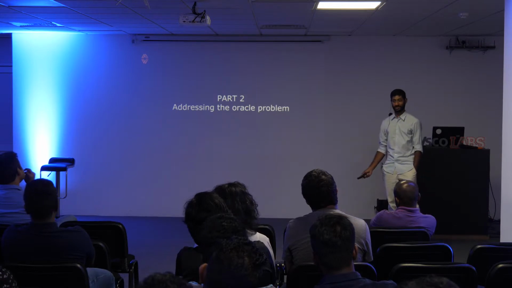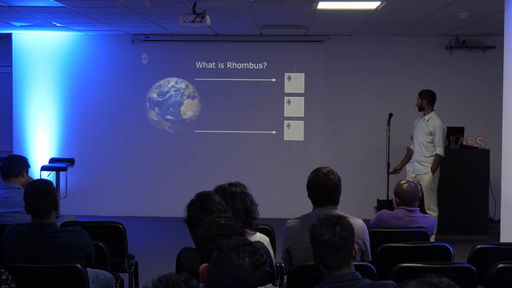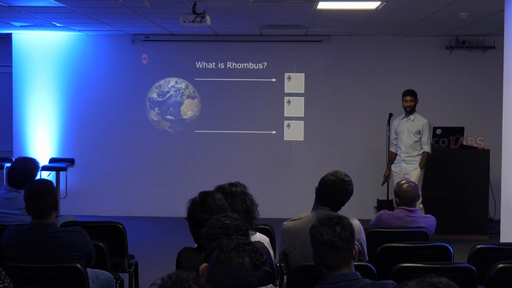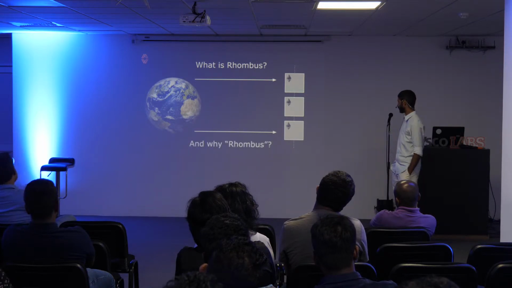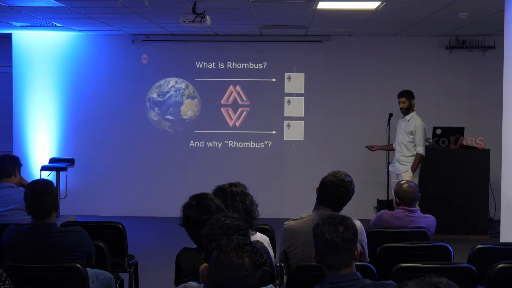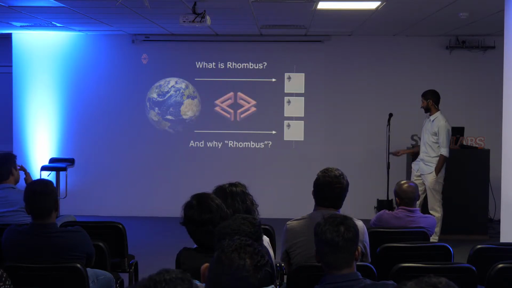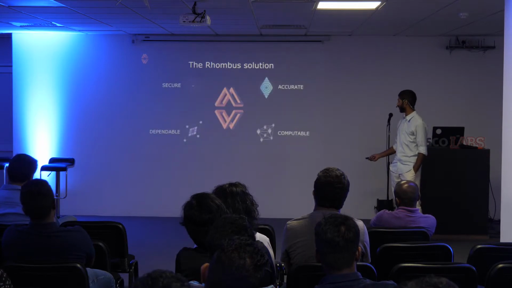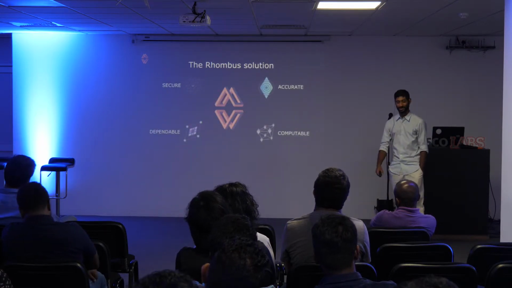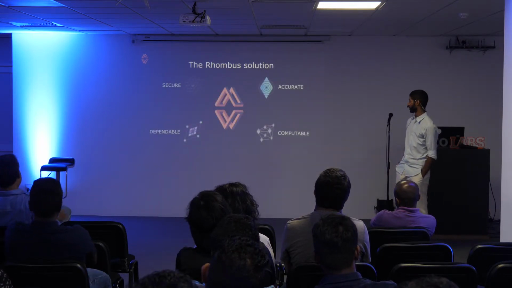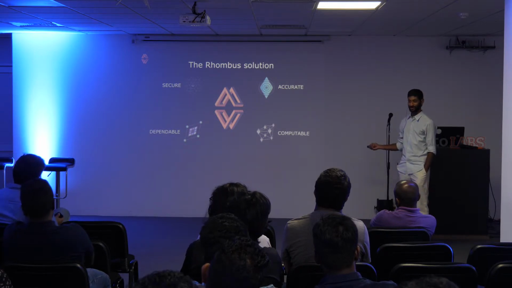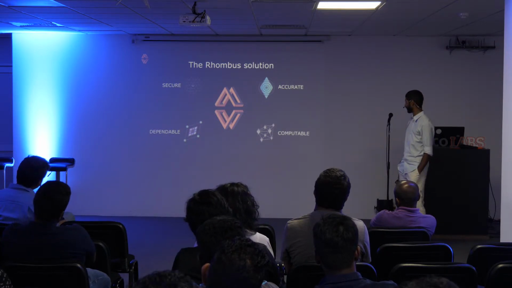So how do we address these sample issues? Well, that's basically what Rhombus is setting out to do. Why are we calling it Rhombus? It's a nice shape, it's got 4 sides, we have 4 pillars. You can easily flip it and play around. But basically, we think oracles should have 4 pillars. Rhombus has 4 sides. I'm going to go into how we define each of these things.